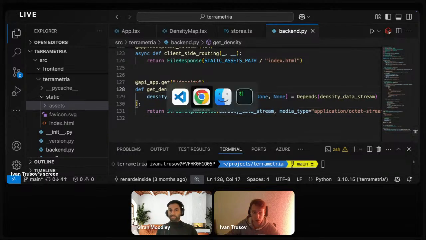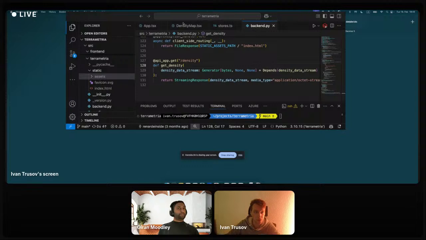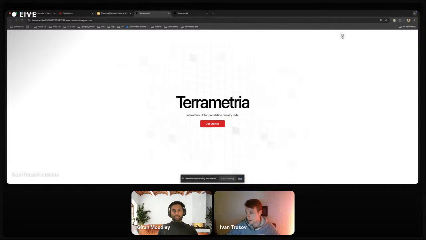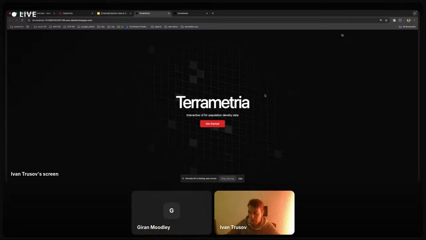For now, we can just take a look at the result of such an application. And if we just quickly take a look at it, the application itself will look like this. So as you can see, this is quite a UI-rich application. It has styles, it has a lot of things which are coming together from Shadcn and React. I really like Shadcn. I think this is a great library. And it's also styled using Tailwind CSS and some other components. So as you can see, we really can build very responsive, very nice looking applications here with Databricks apps.